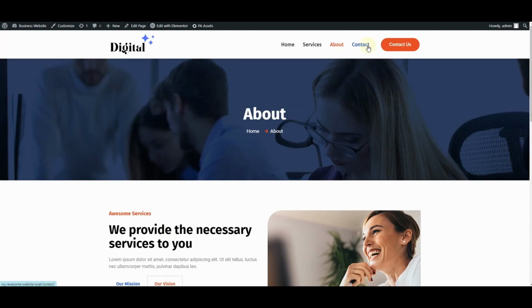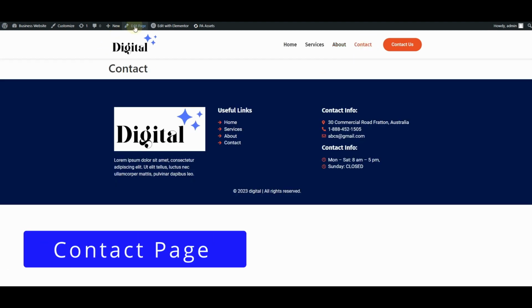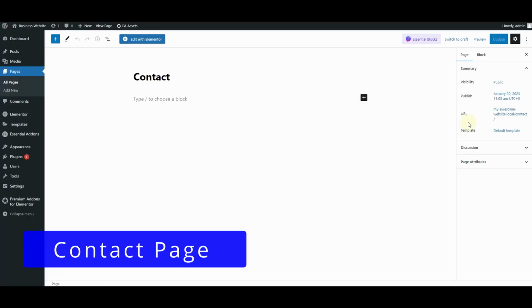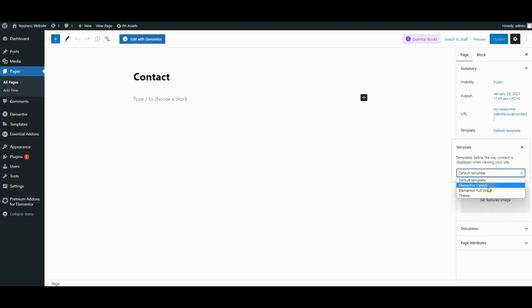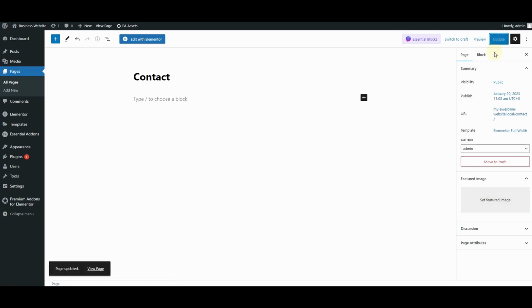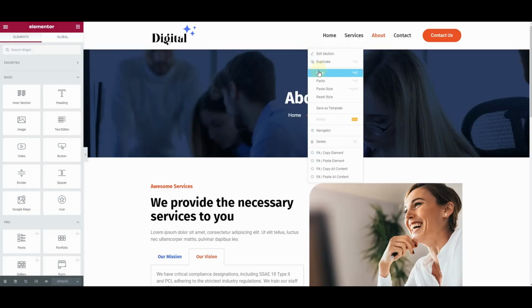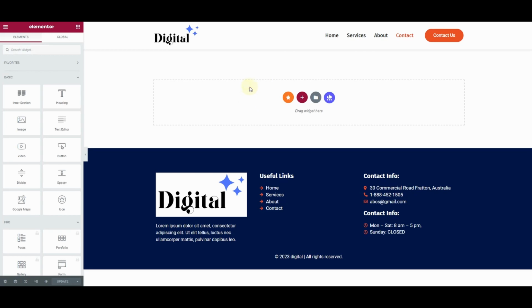So let's create a contact page. In order to do that, click on this contact and then click on edit page, and then click on template, choose Elementor full width and hit update. Then click on edit with Elementor, and then once again I will copy this first section, and then I will